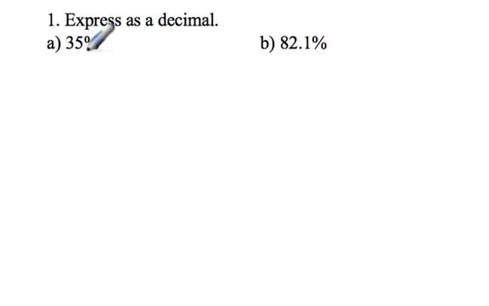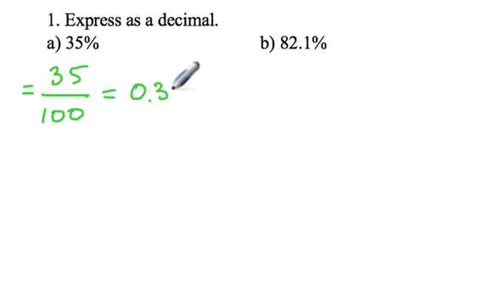Express percent as a decimal number. Remember that when you're talking about percent, you're talking about out of 100. So 35% can be rewritten as 35 out of 100, which equals 0.35. Question B, similarly, can be rewritten as 82.1 out of 100,